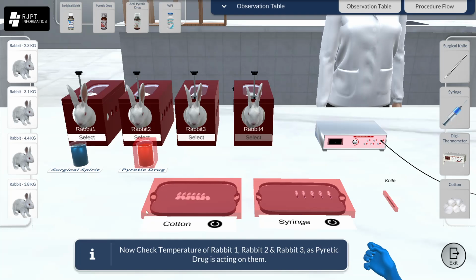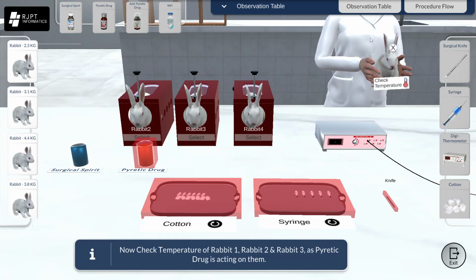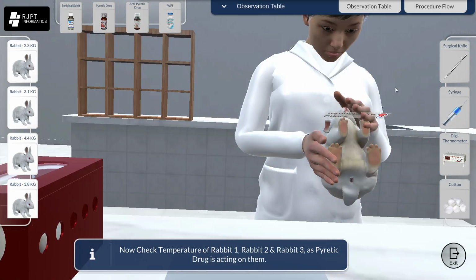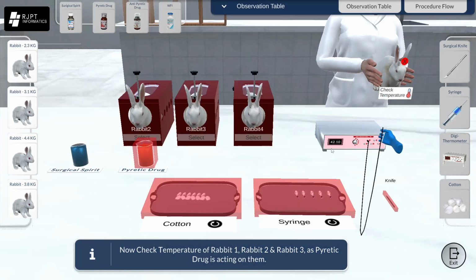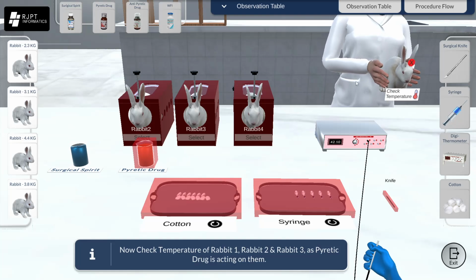After skipping it, now we will check the temperature of rabbit 1, 2, 3 as the pyretic drug has acted on it. So we will select our first rabbit and by selecting this thermometer, we will check the temperature of all the rabbits. At first, we will insert the end of the thermometer inside the rectum of the rabbit. And as we can see, the temperature has been raised. The temperature is 42.10 degrees Celsius. Similarly,